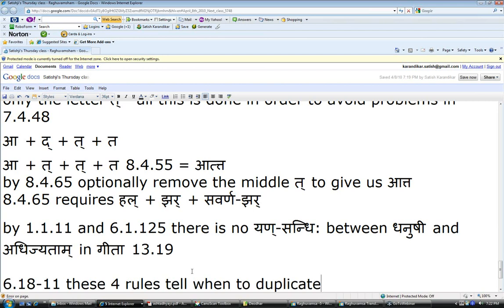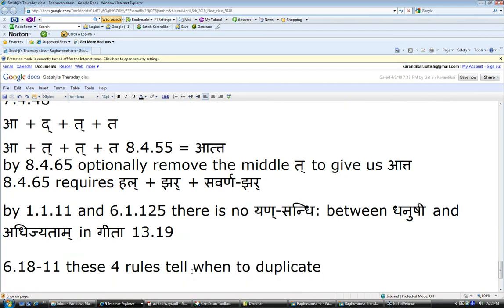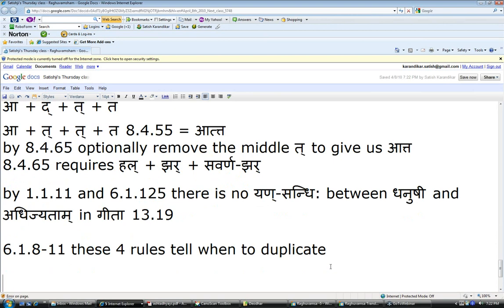Now in that, 6.1.8 itself says liti dhatoranabhyasasya. When your lit pratyaya is following, then if the dhatu has not taken abhyasa already, do abhyasa. I mean, do abhyasa one time only, that's all it means. So we had ni plus lit, then we did the abhyasa, skipping some steps to save some time. We now have the following situation.